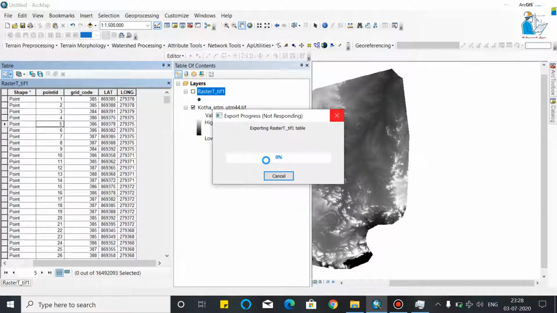Then your table will be exported as a CSV file.